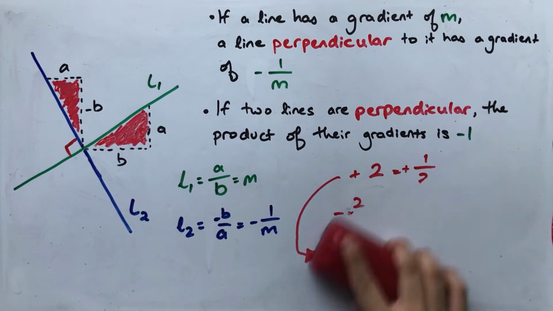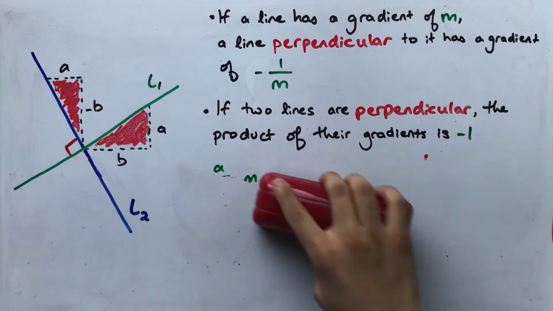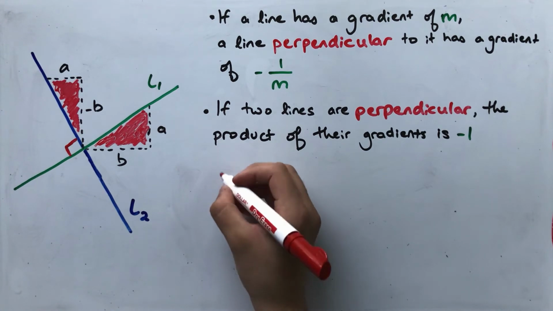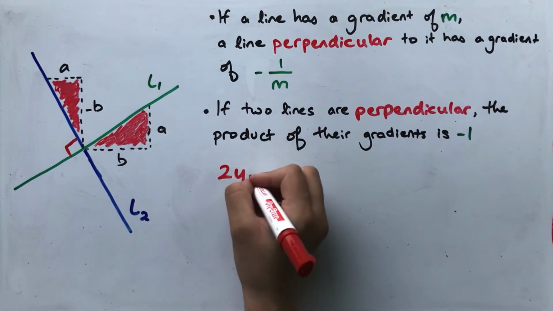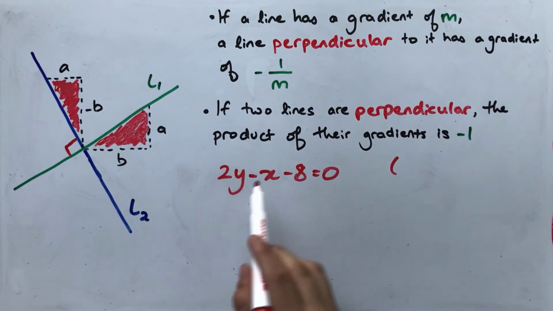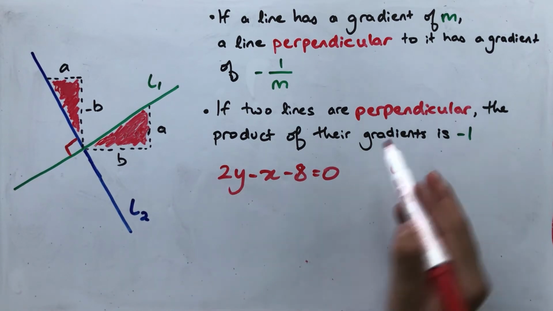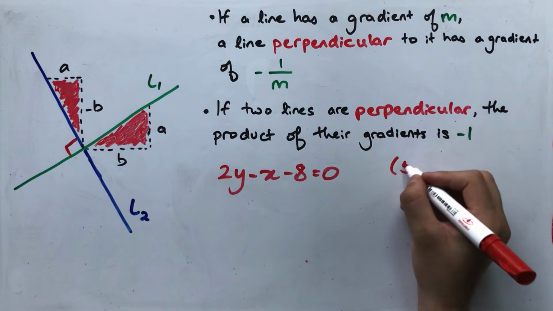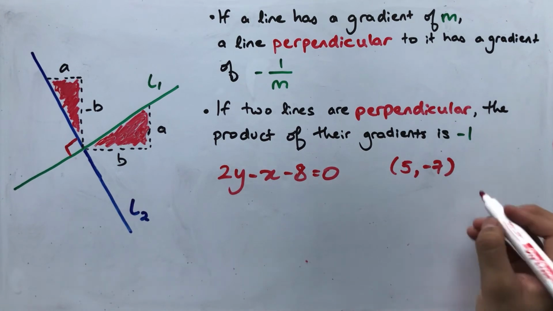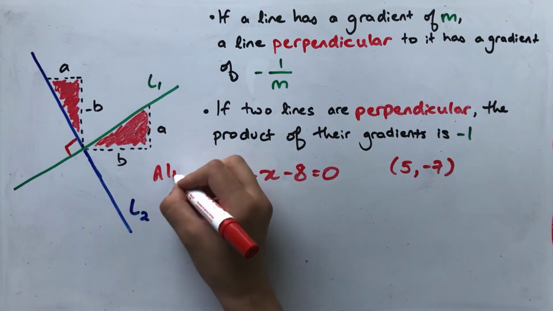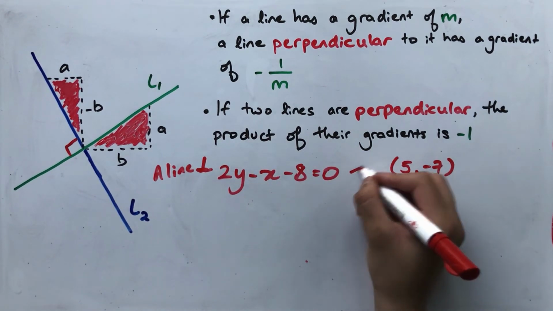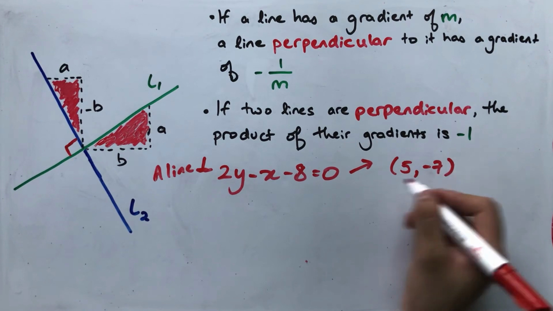So a great way to illustrate this would be with a question, right? Let's say you have a line that is perpendicular to the line, let's give you a harder one, 2y minus x minus 8 is equal to 0. A line is perpendicular to this line, okay? And that line passes through the point 5, negative 7, okay? Now you want to find the equation of the line. So there's a line, okay? It is perpendicular to this line, and it passes through this point,